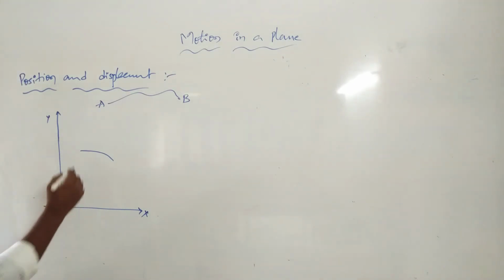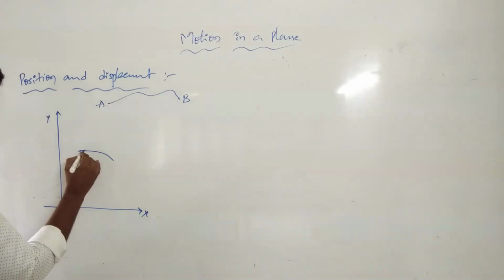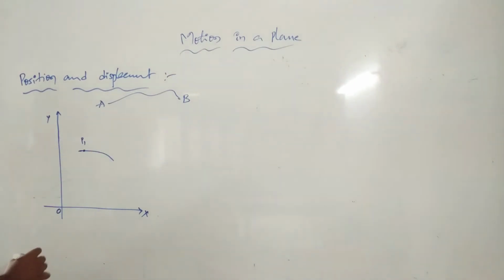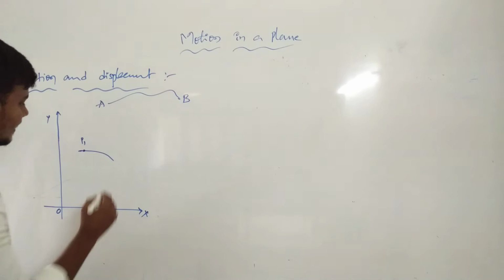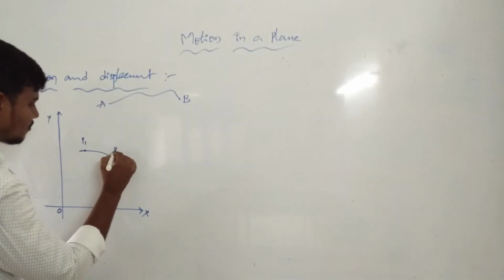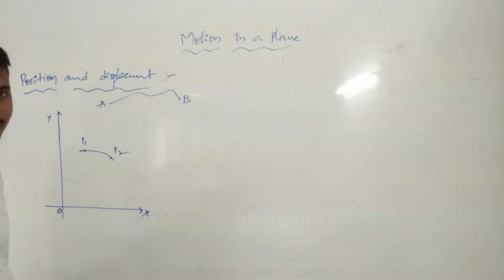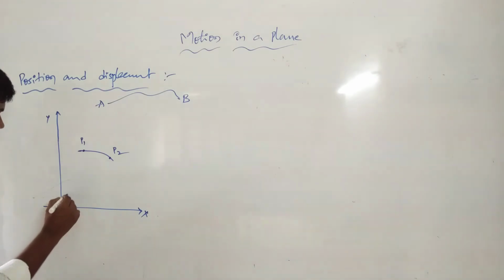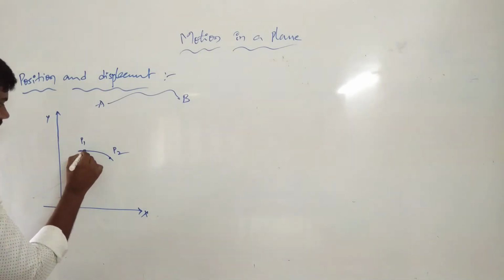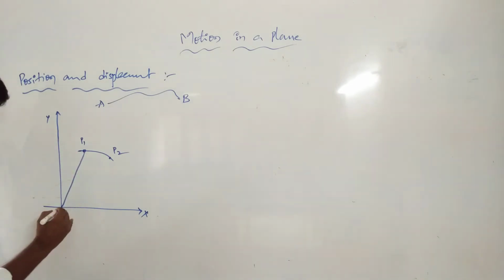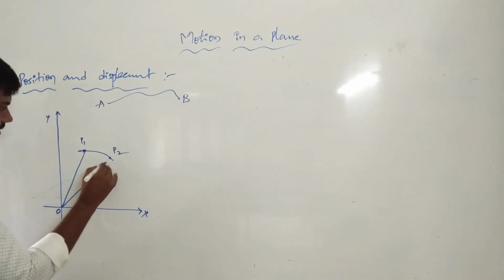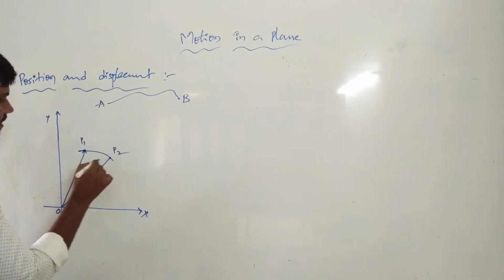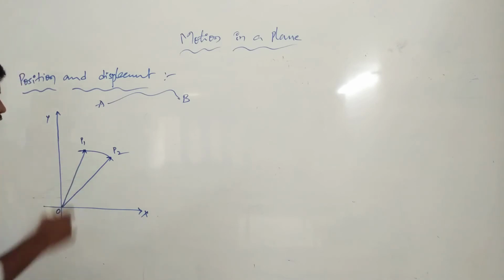For example, we are taking the first position, P1. Again we take another position, this one is the P2 position. There are two positions, initial and final: position 1 to position 2. Now, O is the origin point we are taking. Clearly you can observe, this is the first term. The second is the direction of the first position, O to P1, and O to P2.